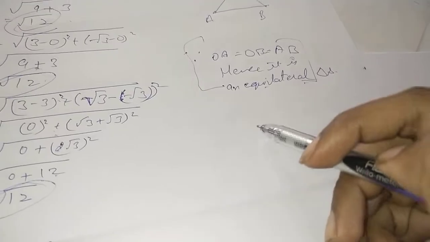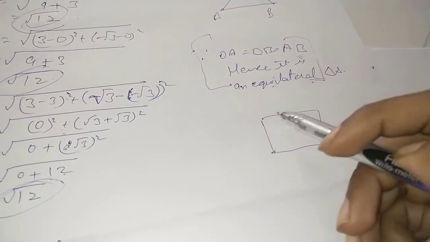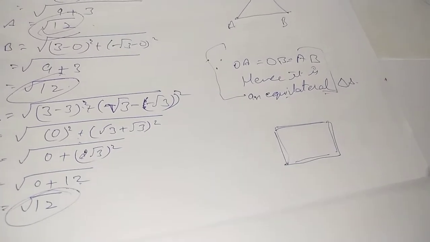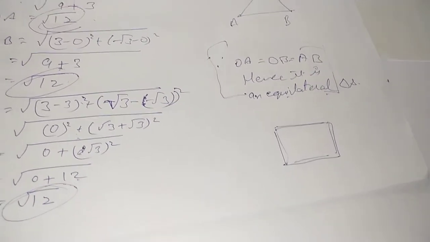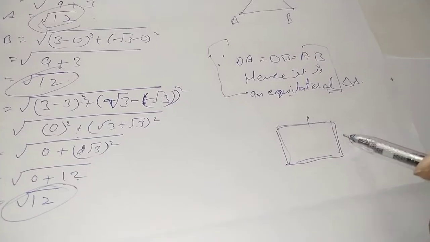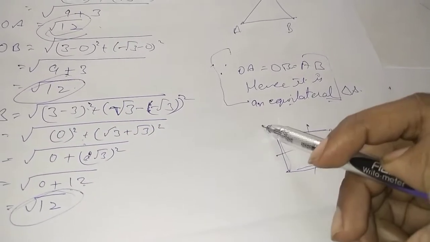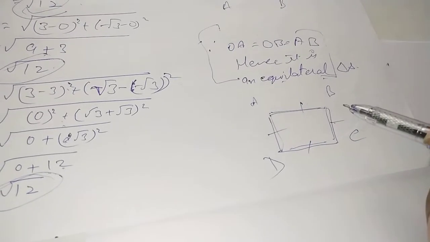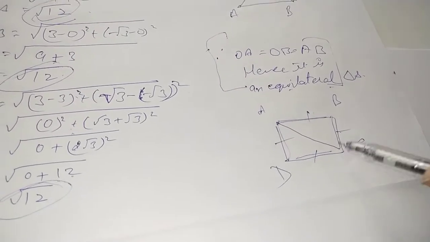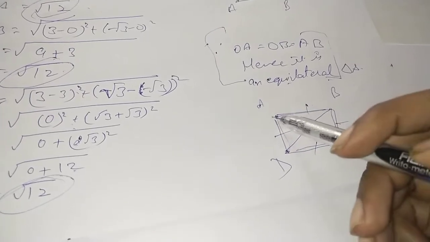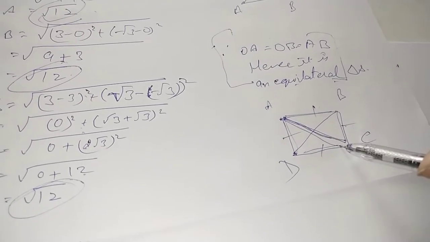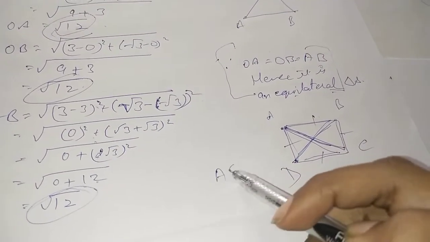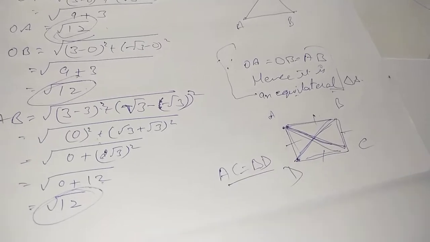Alright, suppose a square is asked. So calculate this distance, this. If all the four sides are equal, hence it is a square. No, it could be a rhombus also, isn't it? If all the four sides are equal, it could be a rhombus also. So to show that yes, it is a square only and not a rhombus, the main difference is about the diagonal. In a square, the diagonals are also the same. So that means you will have to calculate the length of AC as well as BD, and then after showing all the four sides, you will have to show that AC is equal to BD. Hence, it is a square.